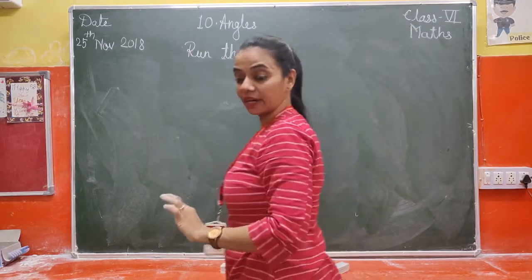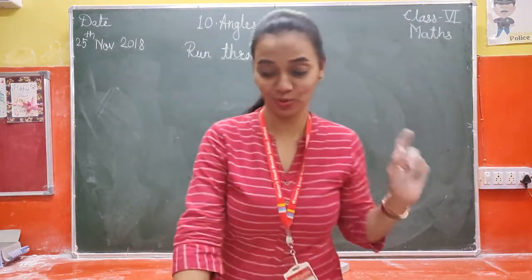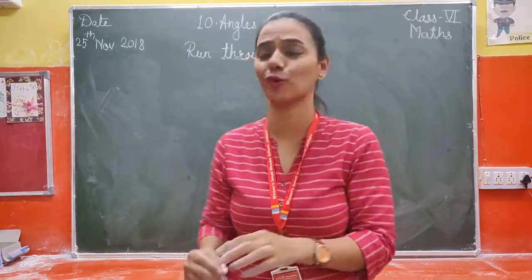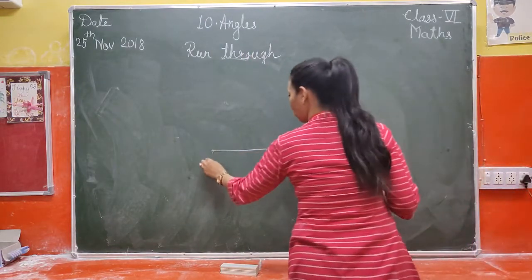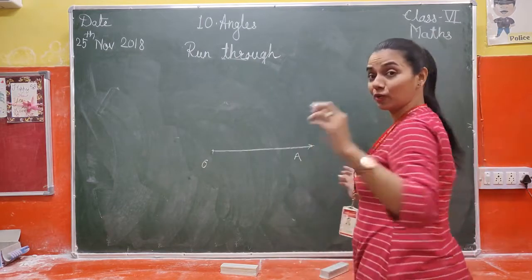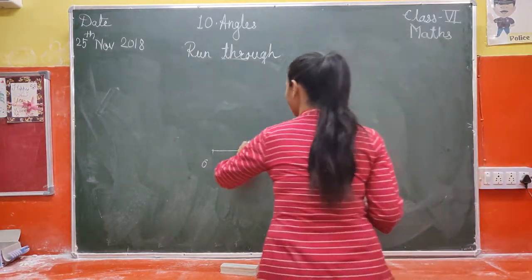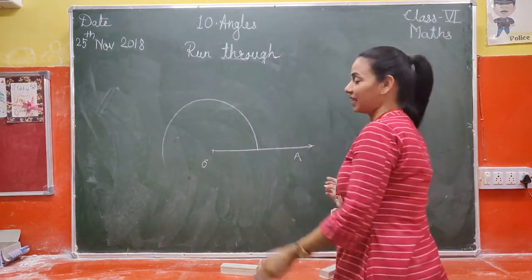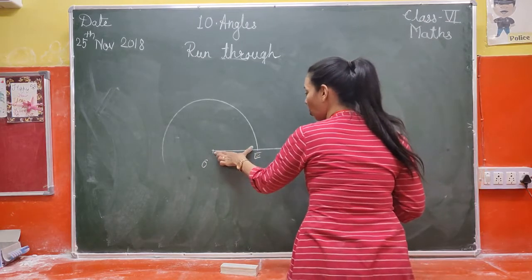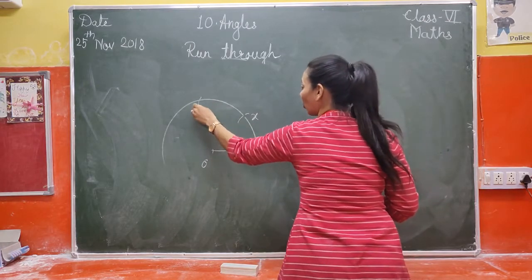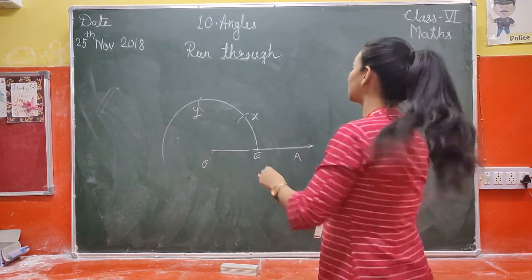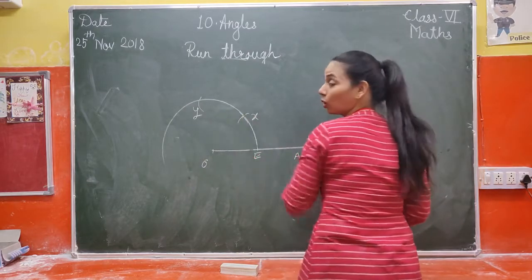So I am drawing it as rough work. You will draw yourself, okay? And there will be practice for you. So draw a ray. What will you do? You will take a compass, mark an arc, then distance OE. One mark here X, and then one mark here Y. Got it? So these are the marks X and Y.